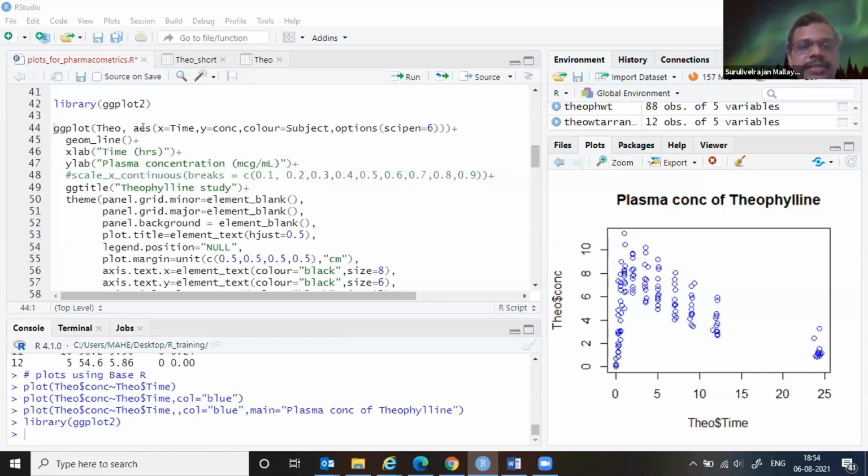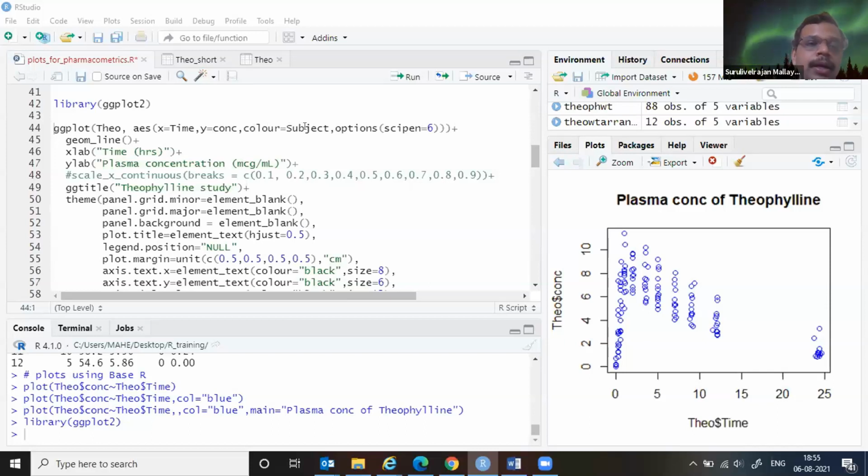And aesthetics. Aesthetics is a function in which you define your main data points, which you are going to plot. Time versus concentration: x-axis time, y-axis concentration, and color equal to subject.